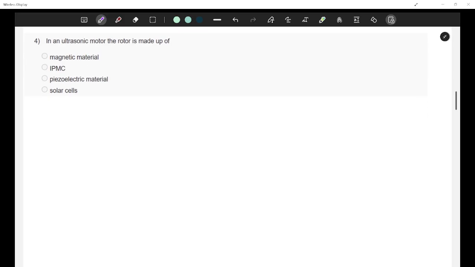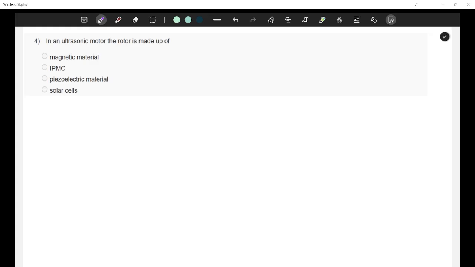In an ultrasonic motor, do you remember what is an ultrasonic motor? Any idea? Okay, I'll tell you.